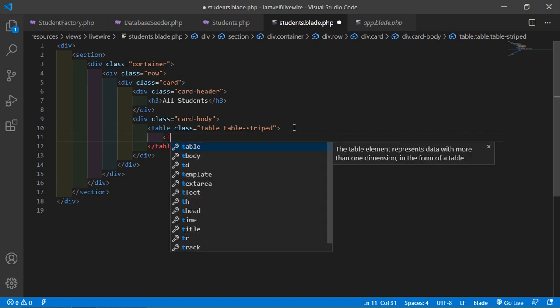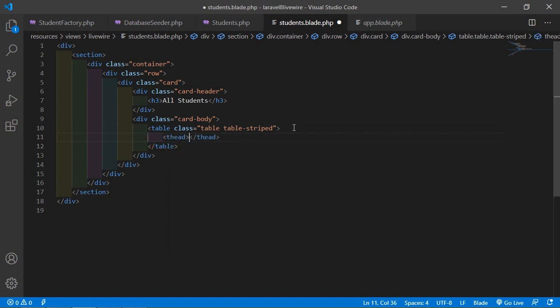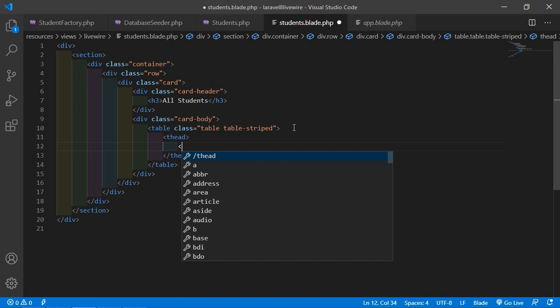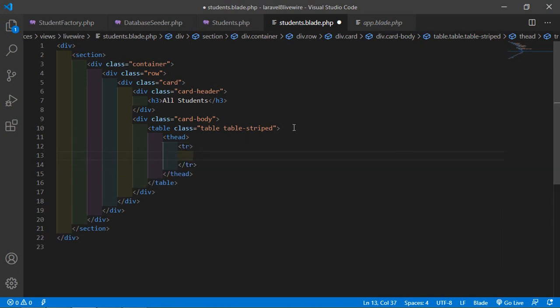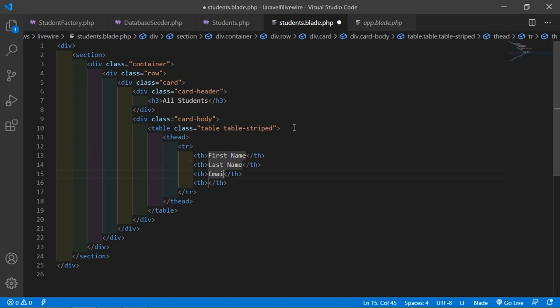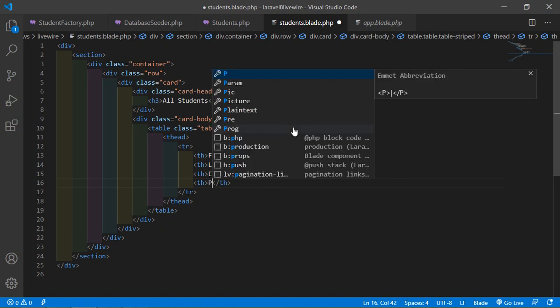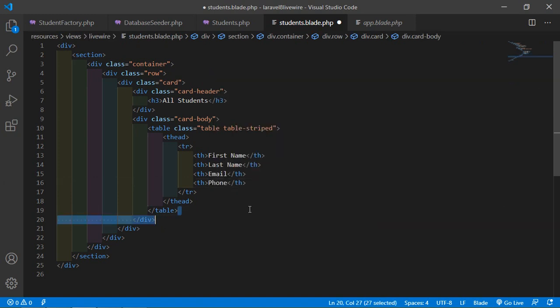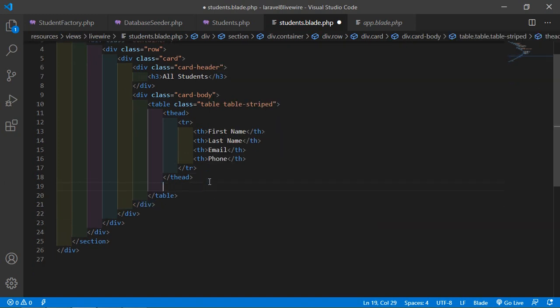Alright, then head, and just add here the heading inside the tr, th. The first one is first name, then last name, email, and the last one is phone. Alright, now add the body,